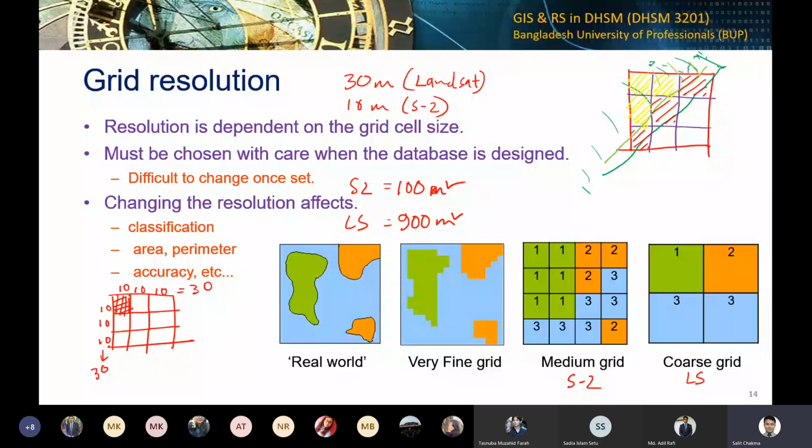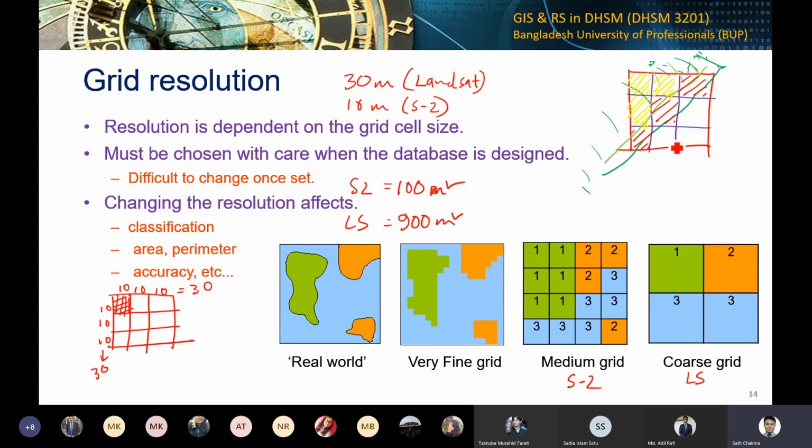Okay, so you have actually lost 300 square meters of forested area. That means deforestation only happened in 300 square meters, from the Sentinel perspective and comparing with the reality. All right, but if you compare with the Landsat image, then you have lost a forested area of